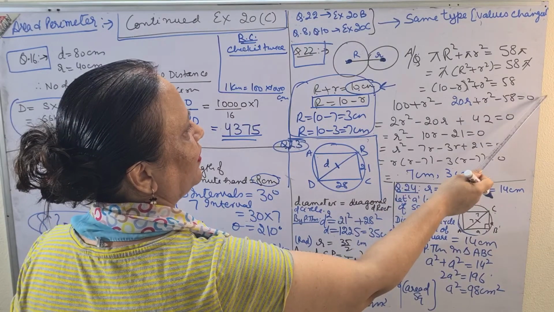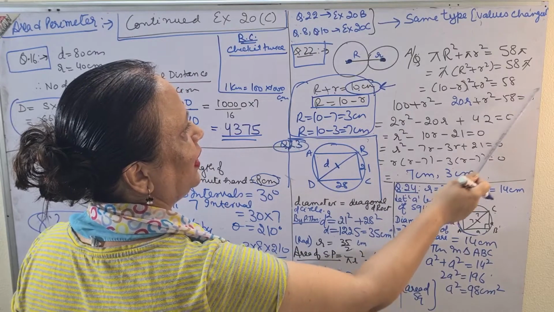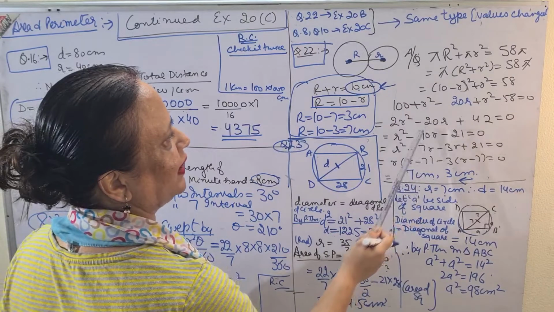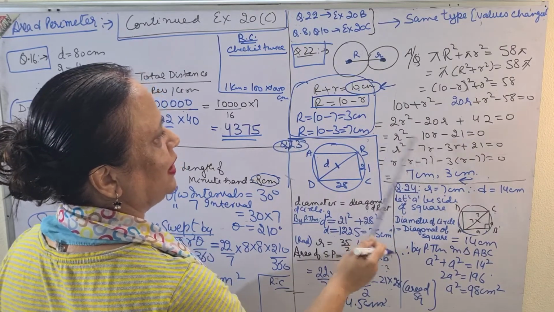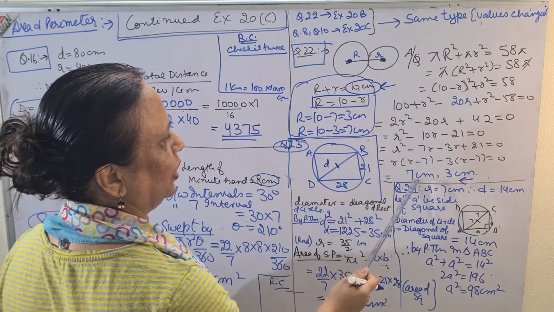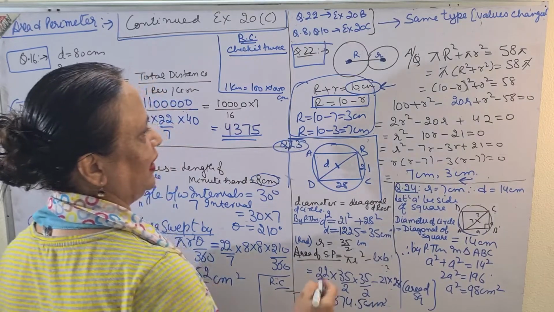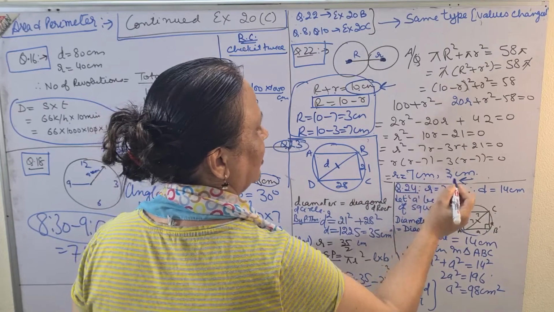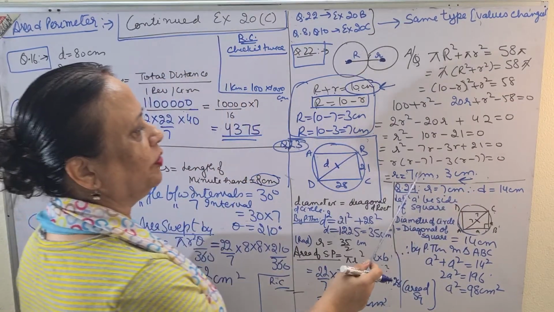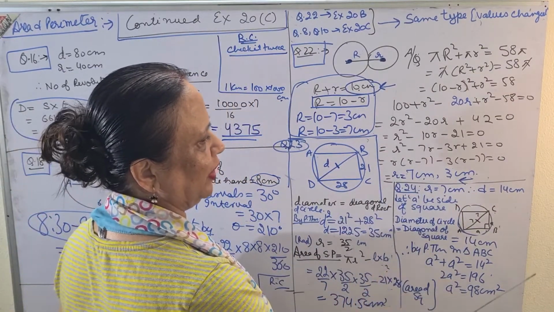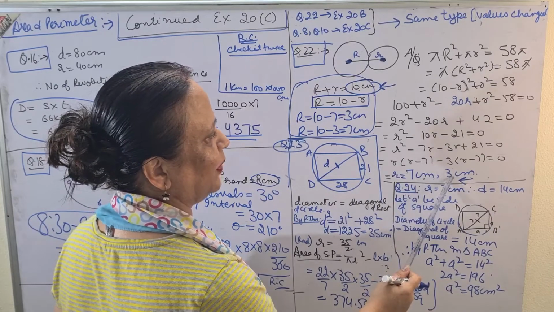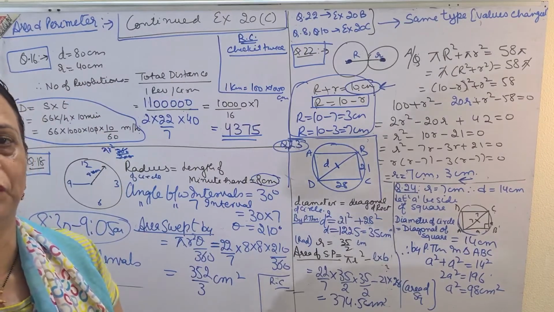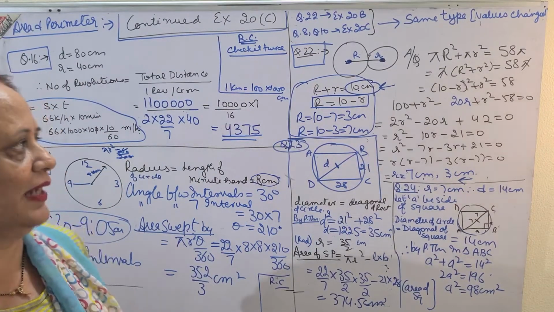and you take 58 from the other side to this left hand side, plus will become minus, and see this is the sum. After calculating it, after taking out the common sum and product method, I got two answers. So my small radius, that is r, is equal to either 7 centimeter or 3 centimeter. In case, children, you get one of the values negative, then you have to avoid it. But if you get both the answers positive, then both answers are to be taken, children. Remember, you are going to give both the answers as I have given.